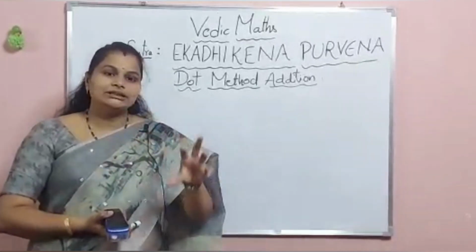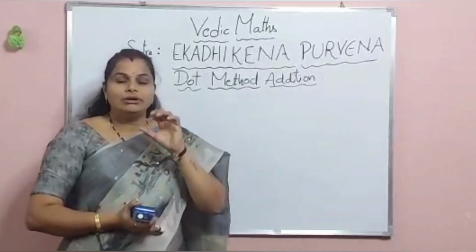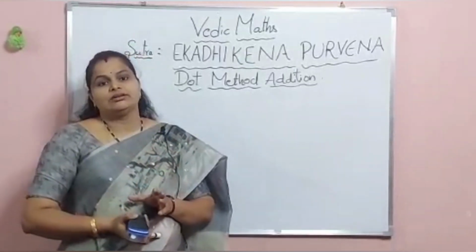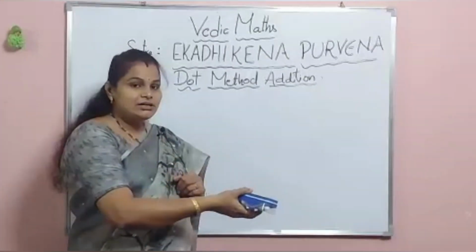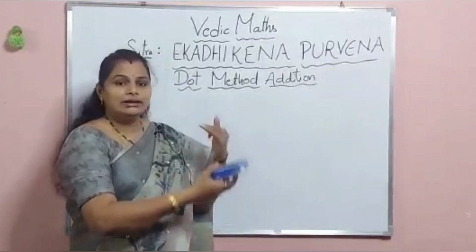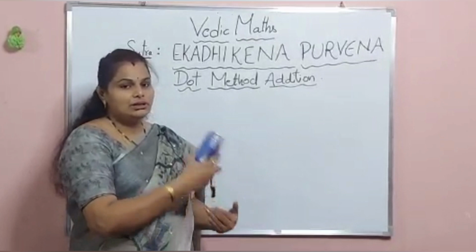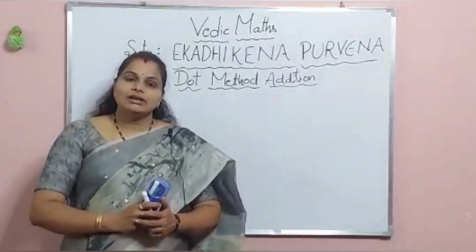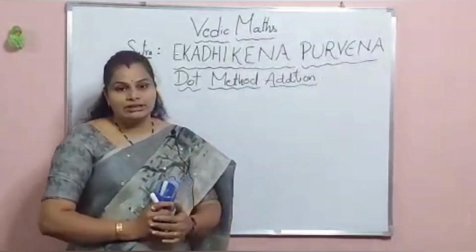If multiple digits are there and you keep dots wherever you want, there may be a chance of confusion. So to avoid such confusion, make a habit of keeping the dots on the right side of the digit, and once the sum is done, if you want to move to the next place, carry the right side dots to the left side digit. So like this you can solve any sort of addition by following this dot method addition.